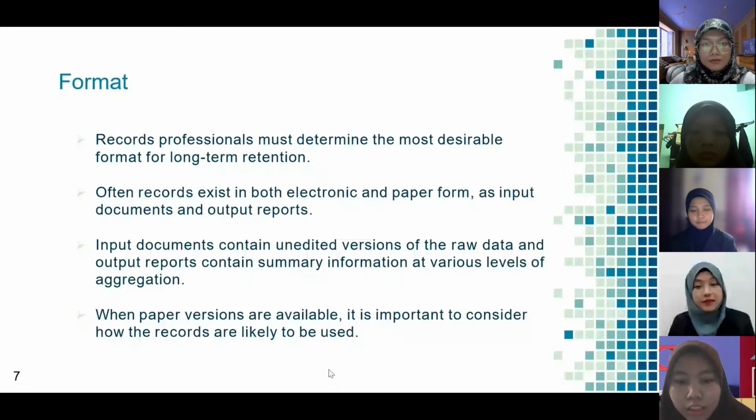The last one is when paper versions are available, it is important to consider how the records are likely to